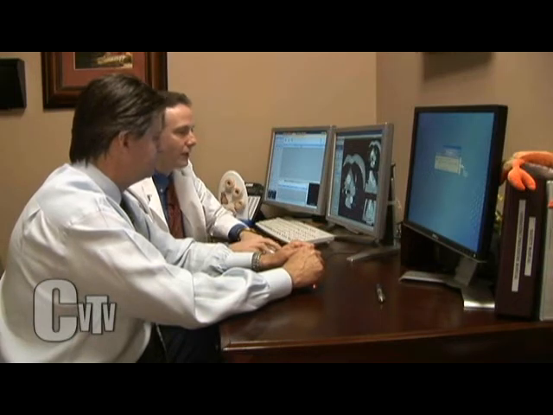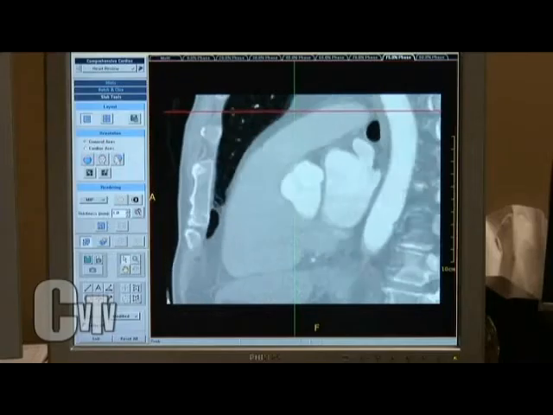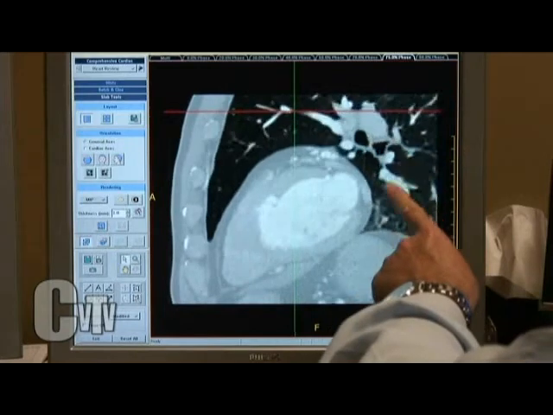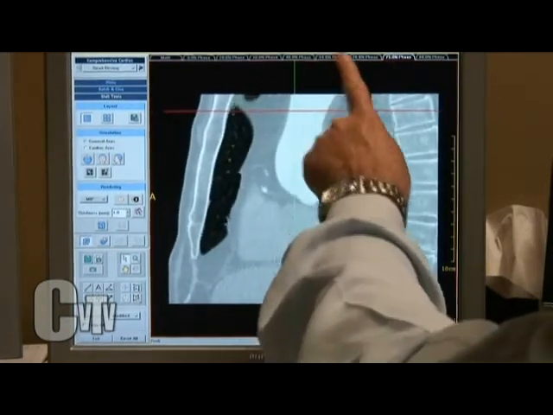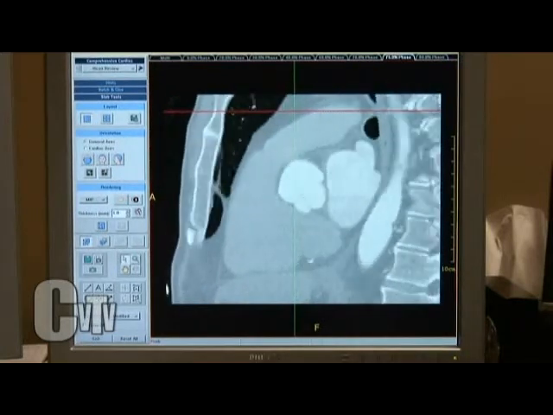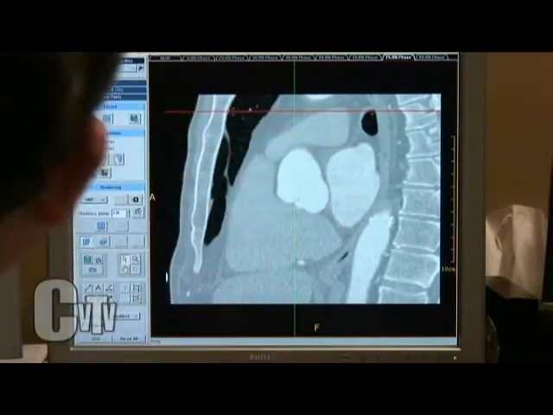In fact, we can actually enlarge that view here. And that's what we're looking at here. So now I'm slicing you left to right. Go back. Right there it is, coming down the back. And then right here it is going up. So there's the C, if you will. In fact, while we're here, we can also look at the